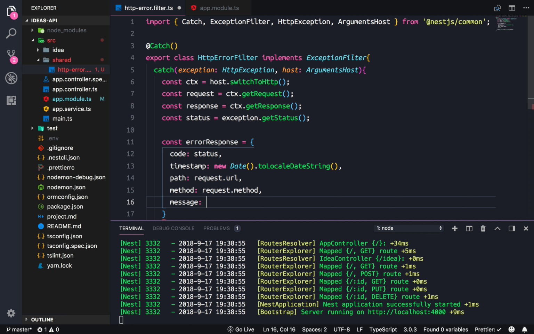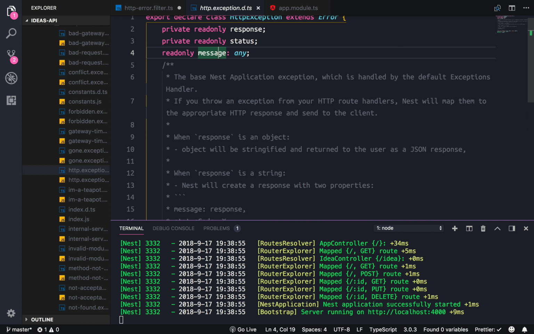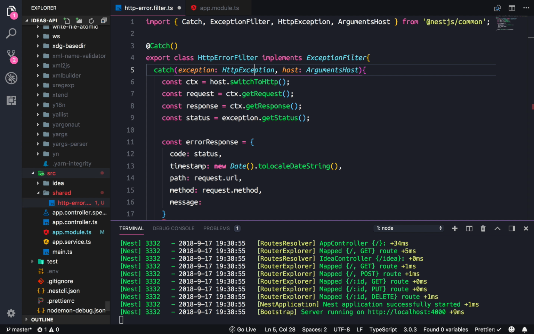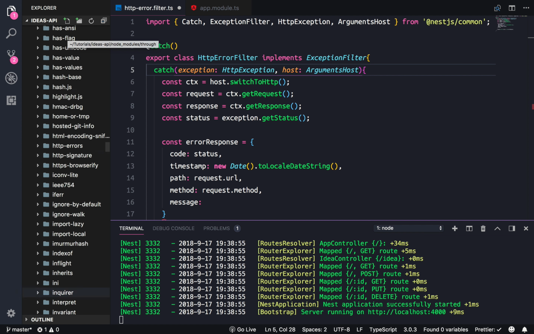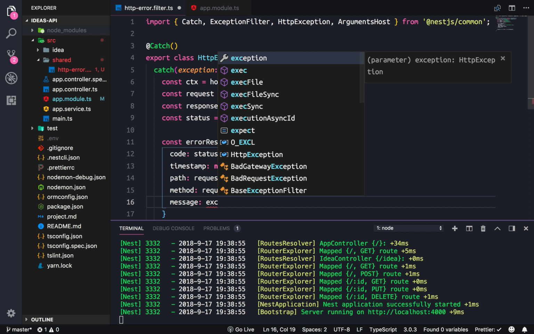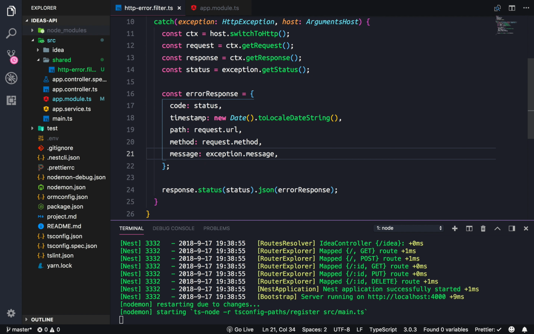Now this comes from the HTTP exception. And if we hover over, let's take a peek. And we're gonna see response, status, and message. And it looks like message is anything. Actually, I'm gonna close node modules really quick. Okay. So in here, let's just do exception.message for now. Save